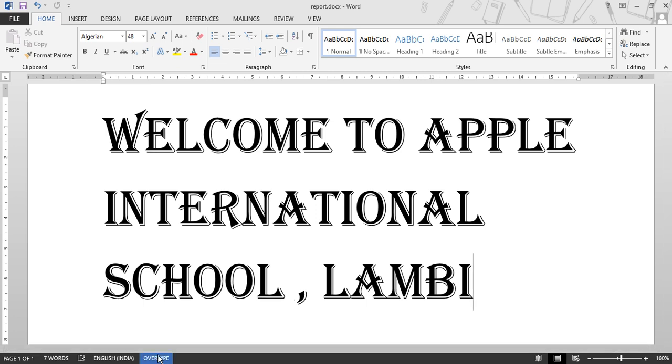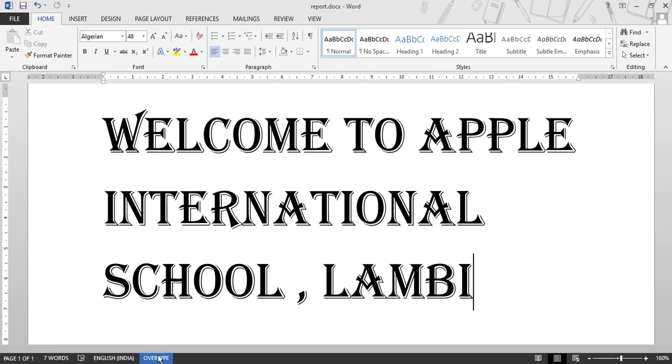So you have to choose which option you want to use, insert or overtype. Overtype erases the previous text and replaces it with the new one. And if you choose insert, then it will insert the text in between the text you have already typed.